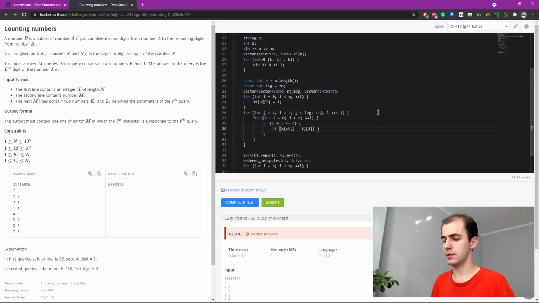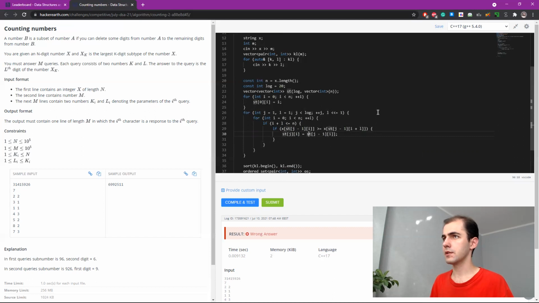So if this is greater than x at sparse table j minus 1, I plus L, I believe, and sparse table at j, I will get greater or equal, because in the case of equality we always take the left part.